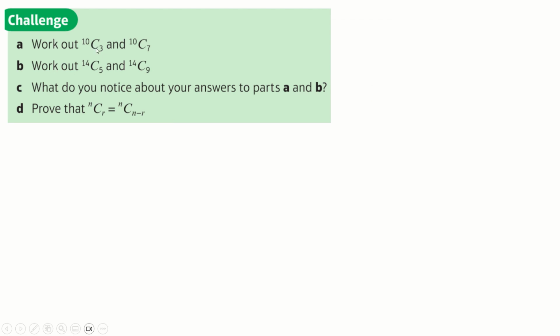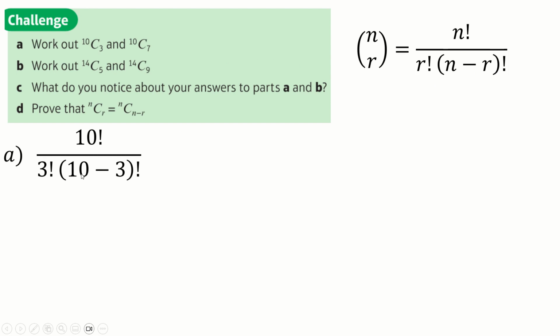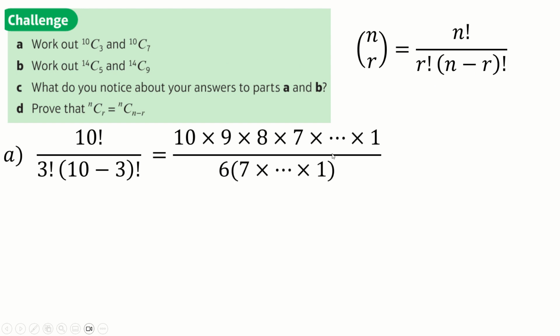N choose r is of the form this, so therefore 10 choose 3 is 10 factorial over 3 factorial into 10 minus 3 factorial, which is of course 7 factorial. So that makes this, because the factorials are when you multiply the number by every integer below it down to 1. But notice how this, and then 3 factorial is just 3 times 2 times 1, which I've just instantly written as 6. Notice how all of this cancels all of this, so all we've actually got to do is